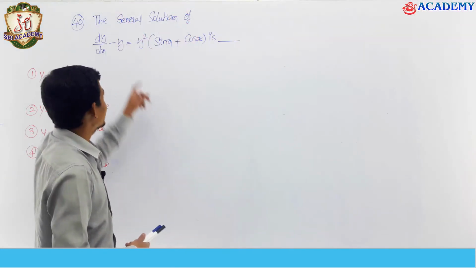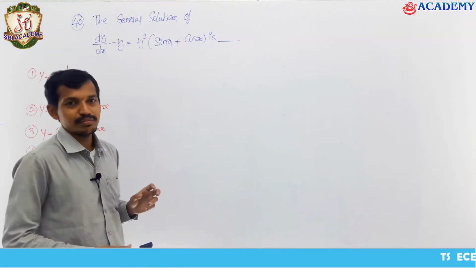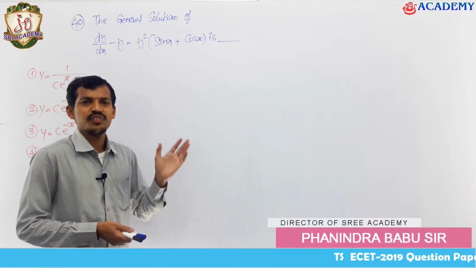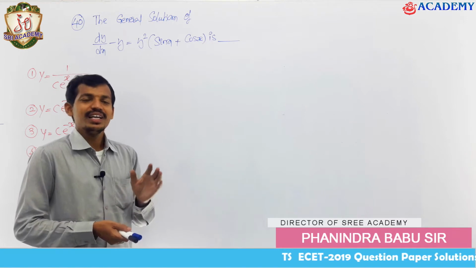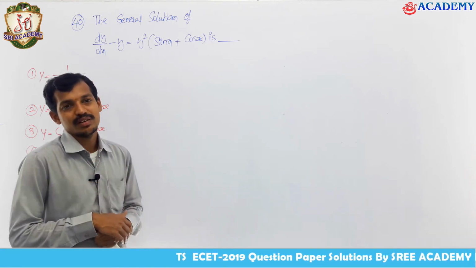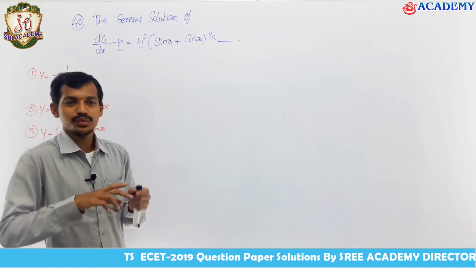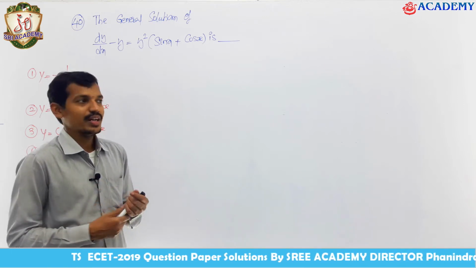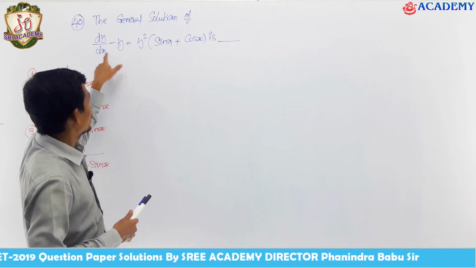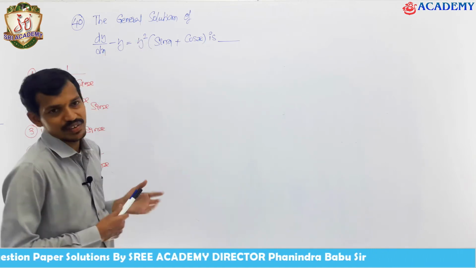Problem, it is also a linear equation, but non-linear we will say. Whatever previous problems, before the previous problem, we learned linear problems only. In this paper you got 3 questions from the linear topic, linear differential equation, 2 problems directly from the linear topic, linear differential equation. This is non-linear. Why? Because it has y and dy by dx, and y to the power of n.